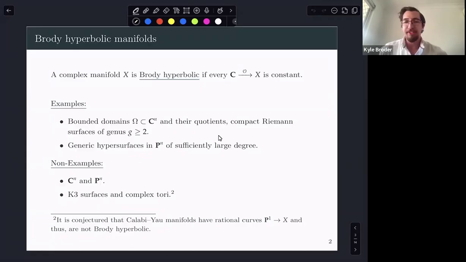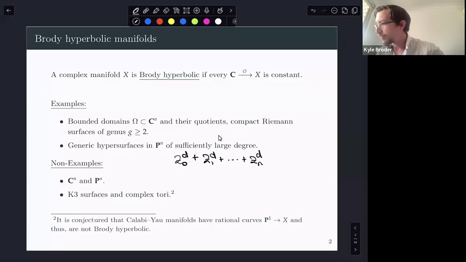One can also find simply connected examples of Brody hyperbolic manifolds that are compact. For instance, a generic hypersurface in P^n of sufficiently large degree will give you such an example. This is attributed to far too many people for me to properly attribute it here. One does need it to be generic, in the sense that for any given degree, one can find, for instance, what's called a Fermat hypersurface, which is a hypersurface of the following form. You just take these powers in the coordinates. You take a hypersurface of this type